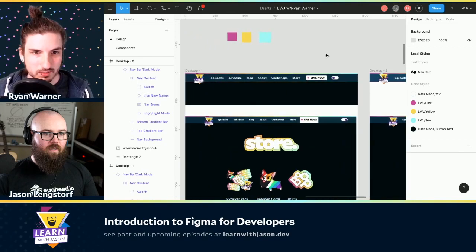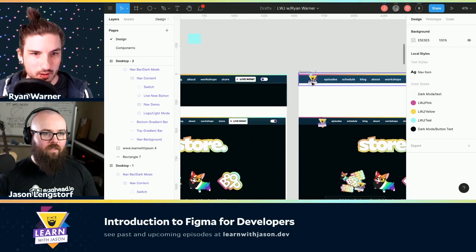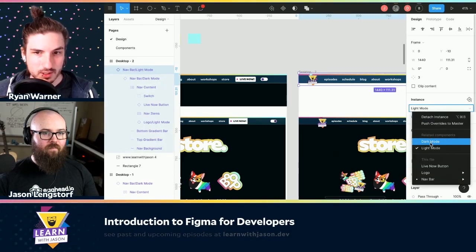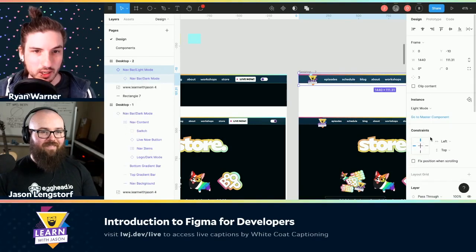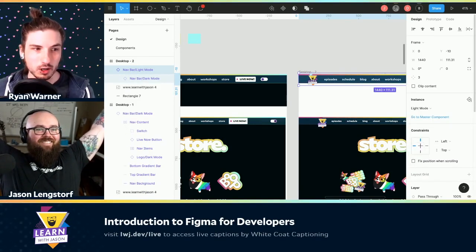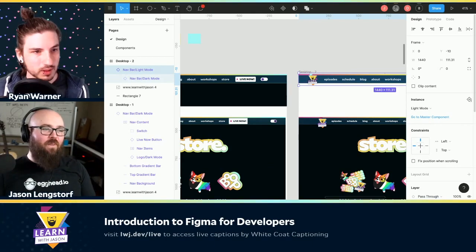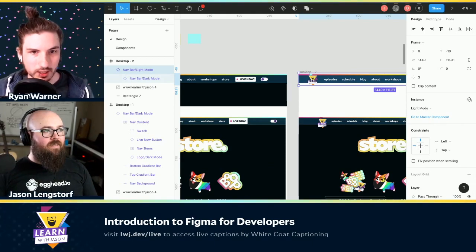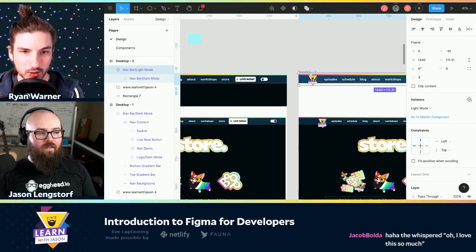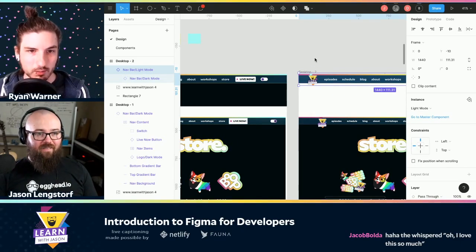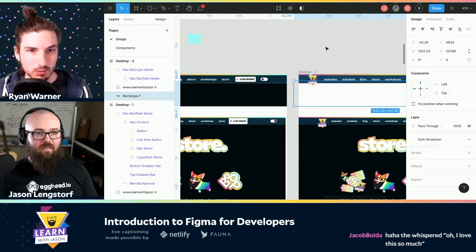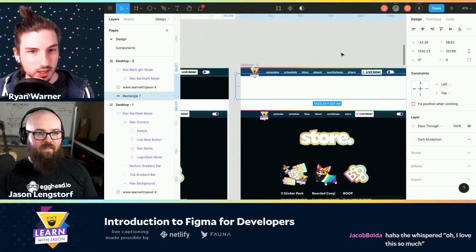I'm glad you brought this up. Oh, I love it so much. So just like the background color or the text characters themselves, they are overrides. We can override nested component instances with any other component we want. And it's going to try and keep the same aspect ratio. So if we were trying to nest some other random component in here, it could look pretty weird. But because you set them up to be the same aspect ratio, they are the same logo, just with some different colors, it works perfectly.